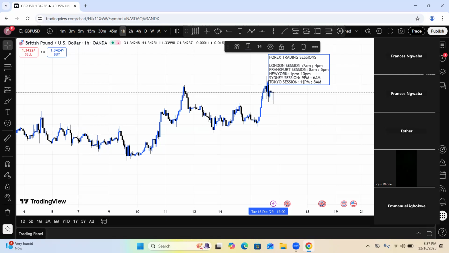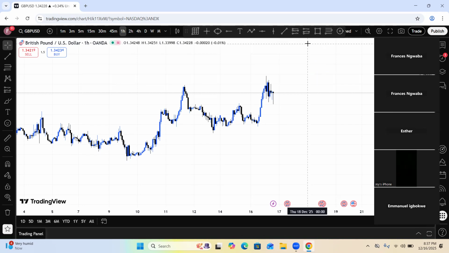Okay, so we can move. Now, as a forex trader, you have to know where you want to belong. You understand? You have different types of forex traders. Personally, I'm a day trader. I don't hold trades for so long. I don't hold trades for weeks or months. There are traders that hold trades for months. So I'm a day trader.